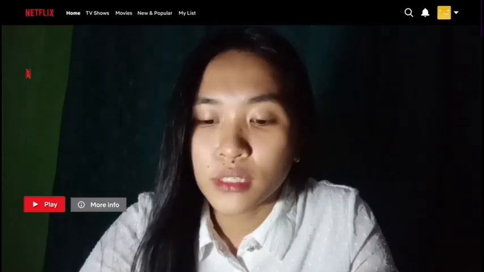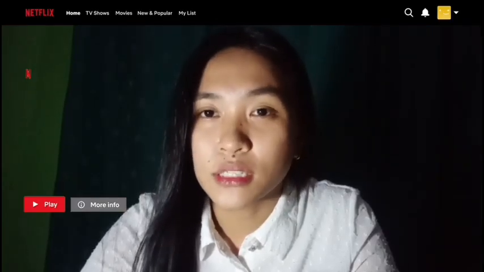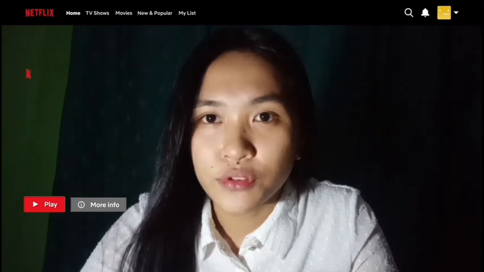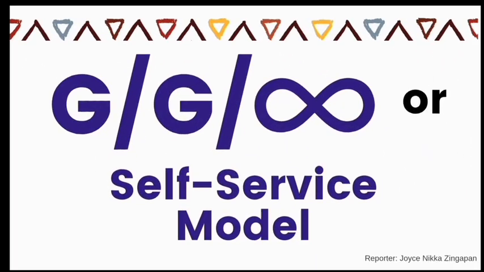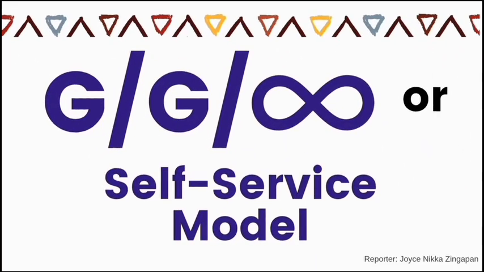So we now proceed to my topic, which is the GG Infinity or the self-service model. This queue model only happens when the customer is also the server. So the number of servers in this kind of queue model is infinite. To further understand this GG Infinity model, let's utilize the Kendall notation by examining